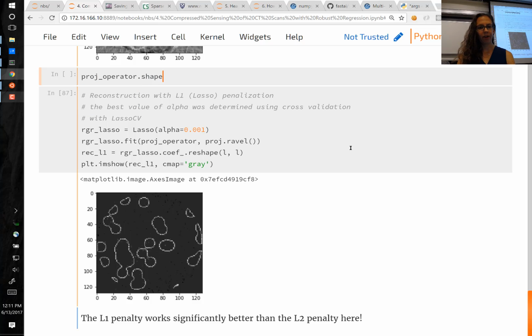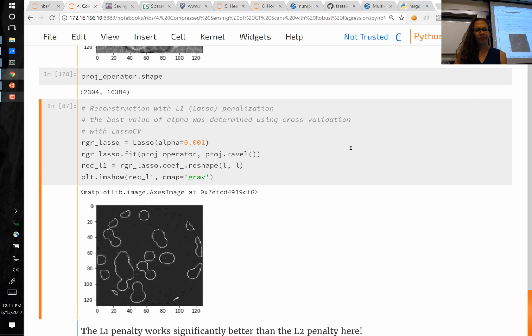So proj operator dot shape. Oh, and that is also been distorted. So this was kind of the four-dimensional thing. We reshaped it so it was easier to look at. But this is coming from having